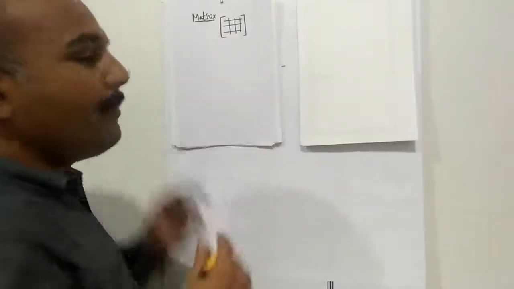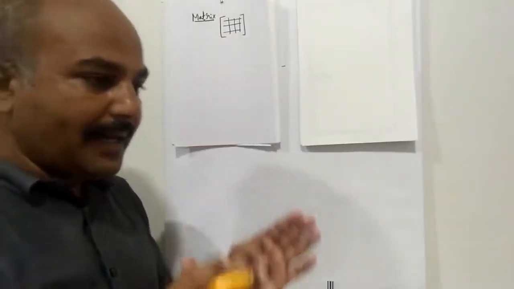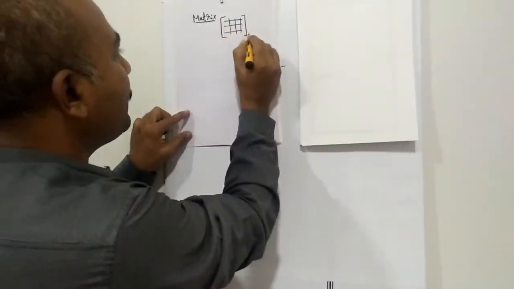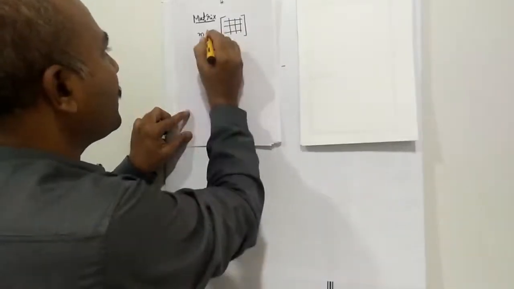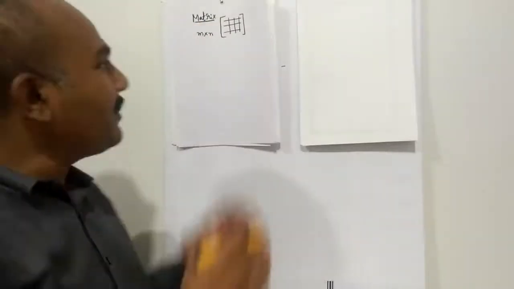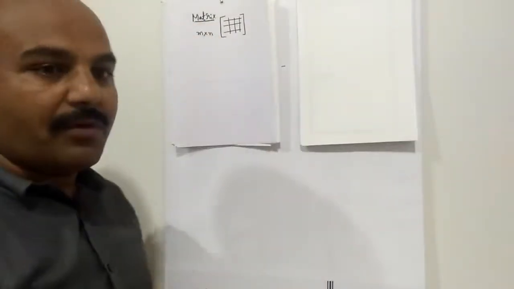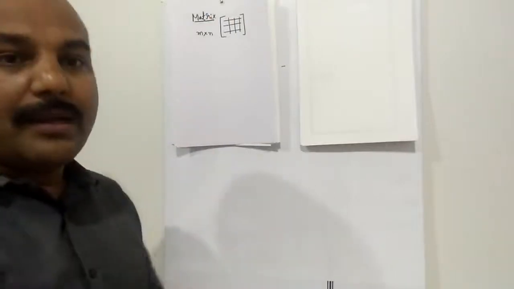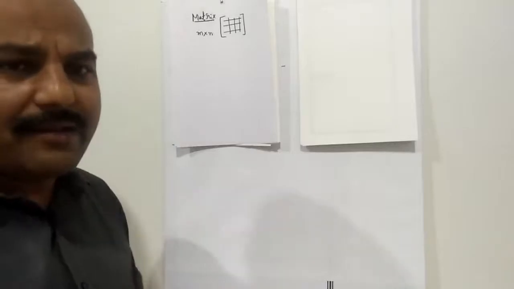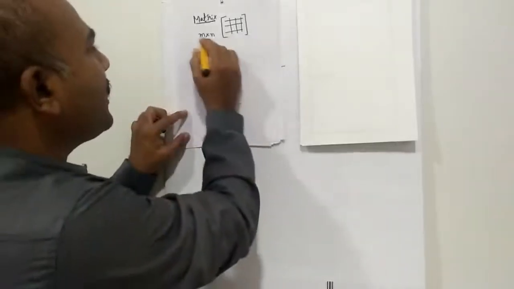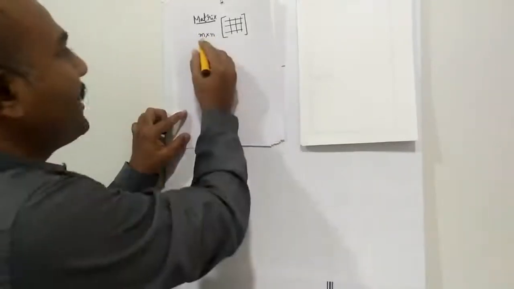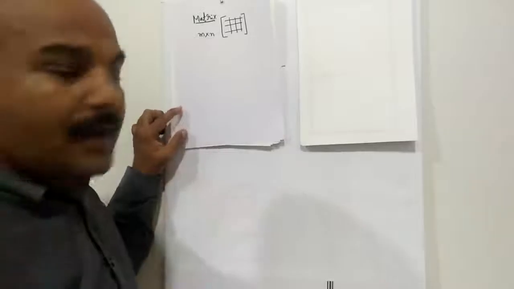So a matrix may be a rectangular array. For example, the number of rows is indicated by M and the number of columns is indicated by N. Based on the number of columns and the number of rows, we can determine the dimension of the matrix. So there are varieties of matrices. When you go for the rectangular matrix, the number of rows is not equal to the number of columns, where M is the number of rows and N is the number of columns.